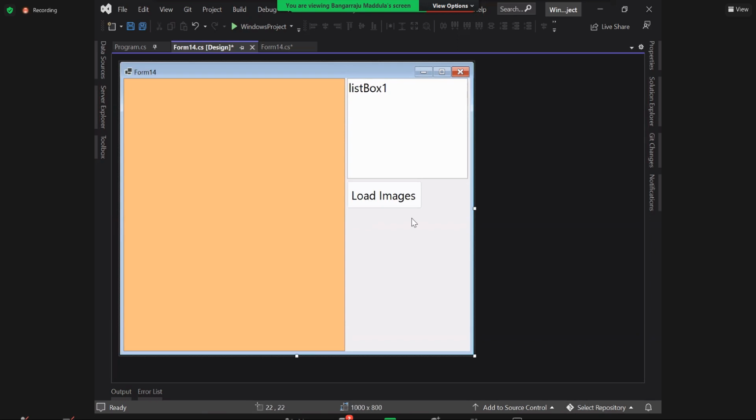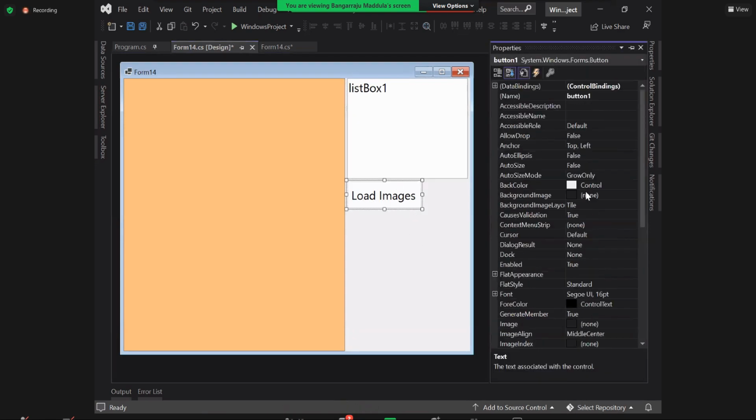Okay, Load Images is the button I just added there. Now let me give some name for this button: btnLoad. Now, on the click of this button, guys, I want to open a folder browser